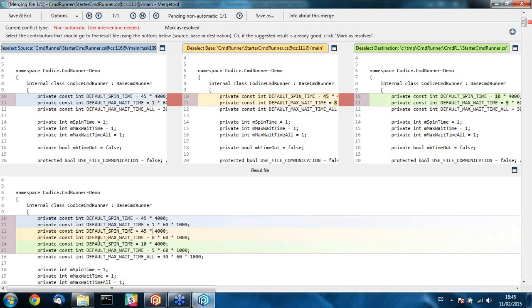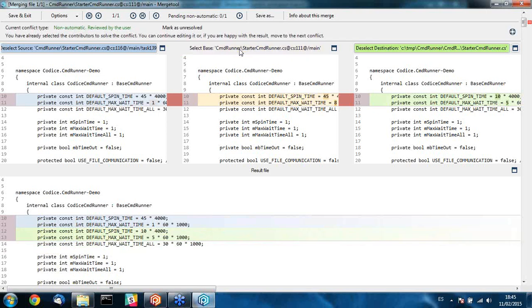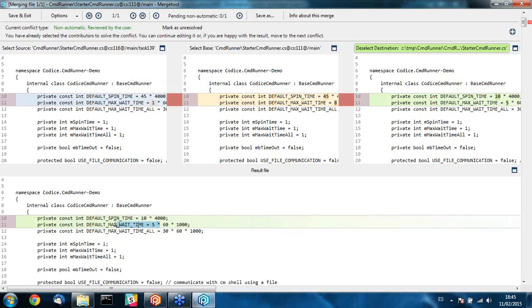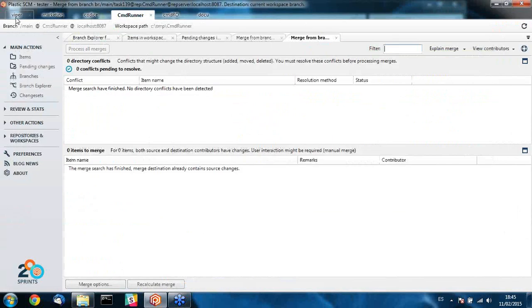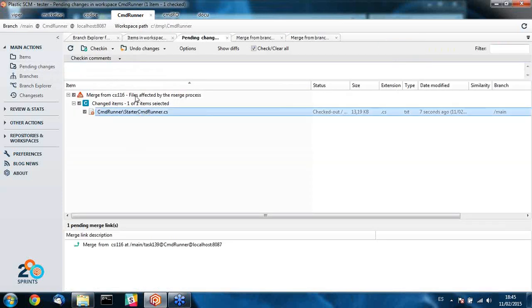Here, I can choose what I want to keep or what I want to discard. So, in this sample, I want to discard the base, and for example, let's discard also the source. You can even edit the result in this line. If I don't want the 5 number here, I can switch it to 6 and save and exit the merge conflict. Okay, now as before, I need to go to the pending changes view